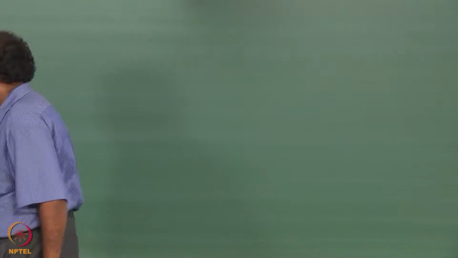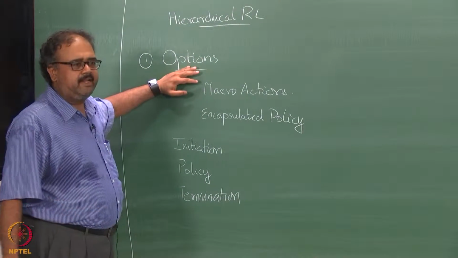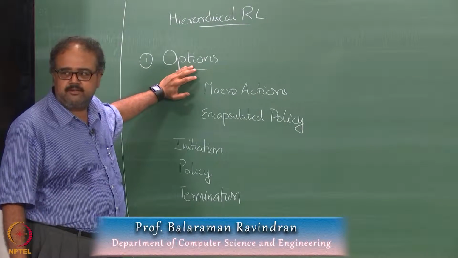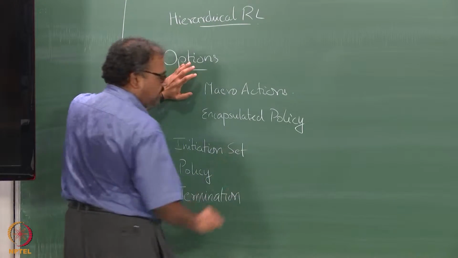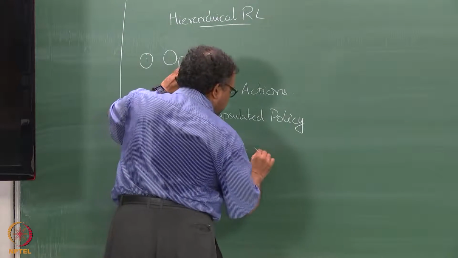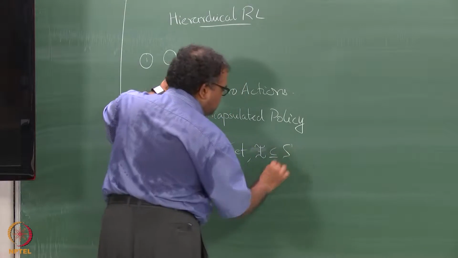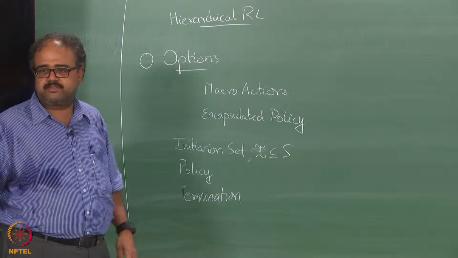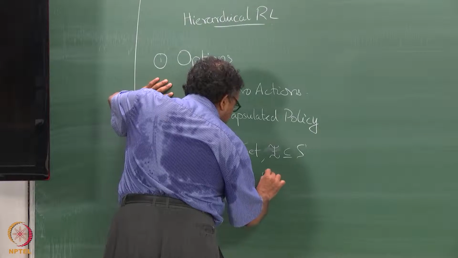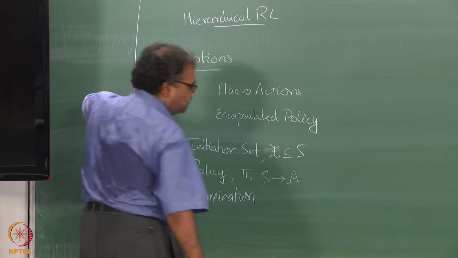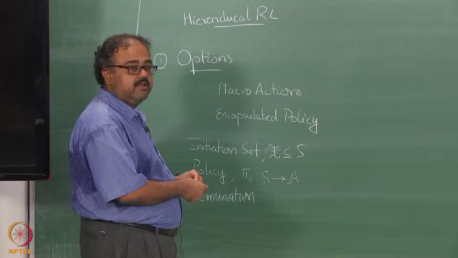So the initiation, if you look at the classical options framework, right, it was proposed in '99. I suppose we can start calling it classical now. If you look at the classical options framework, they usually give this as a set of states, right? So the initiation set, denoted by I, is a subset of the state space, okay, and then the policy is given as, if it is a deterministic policy, it could be this, right, or it could also be given as a mapping